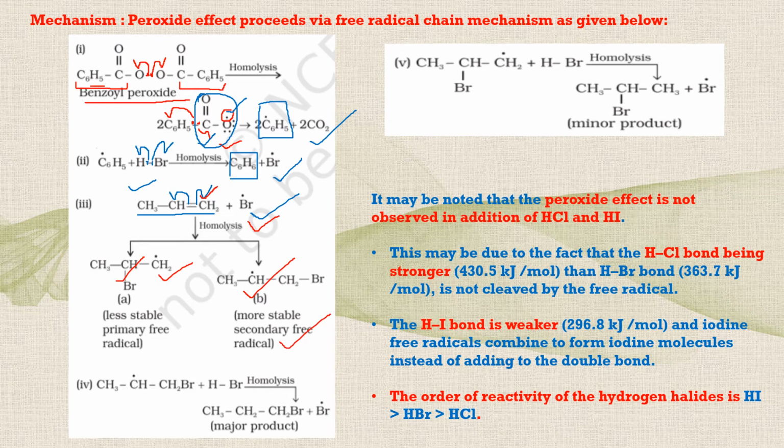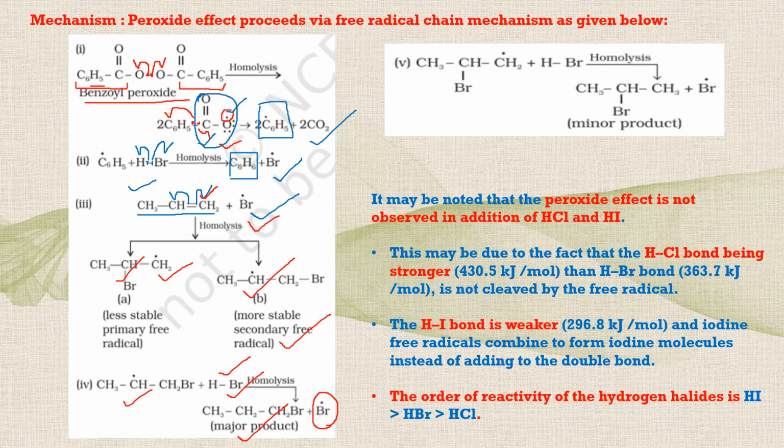And finally, the hydrogen free radical will come by homolysis of another molecule of HBr, because once a free radical is formed, they keep on attacking each other. It's like a chain reaction. So this free radical is taking H from here, and I get the major product, 1-bromopropane. In that process, another Br free radical is available now. This can attack another molecule of propene, and this is how the reaction keeps on going.